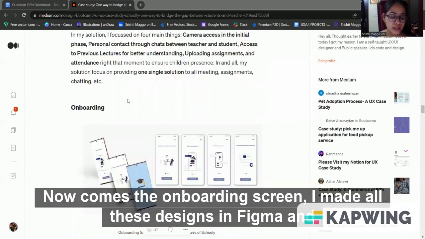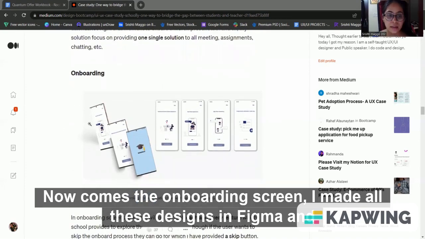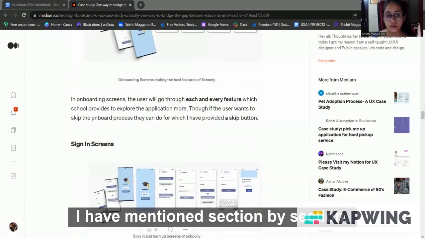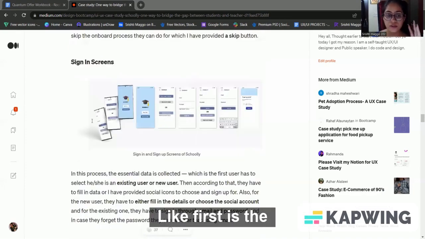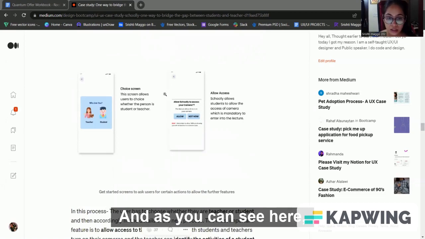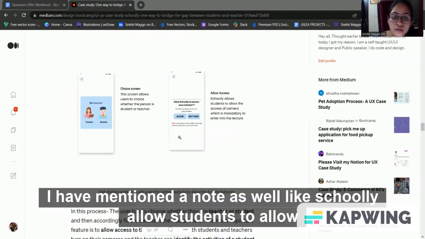Now comes the onboarding screen. I made all these designs in Figma, and I have mentioned section by section. First is the sign-in screens. Then comes the get started screen. And as you can see here, I have mentioned a note as well, like Schooly allows students to allow the